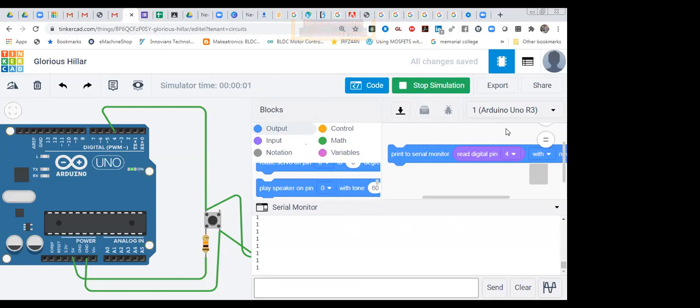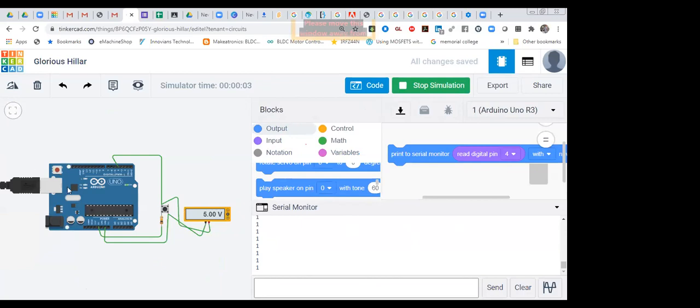The code is the same that we did previously. Now by default the value is coming 1. Why is it so? Because you are supplying 5 volt by default without pressing the push button. As you press the button, the value will be 0. That you can see. So you are reading your digital signal using a push button.